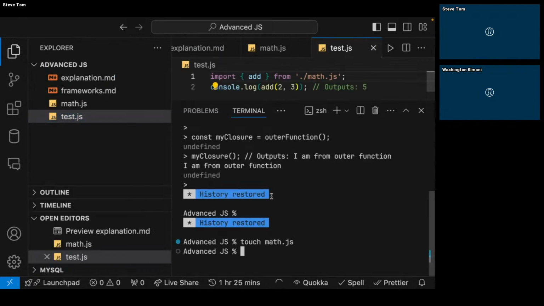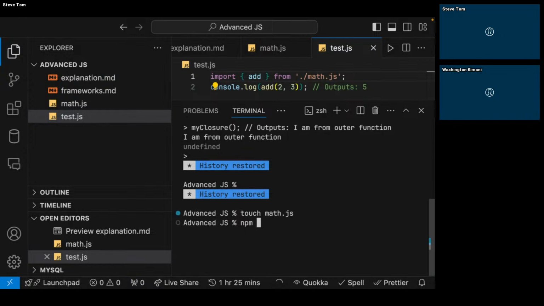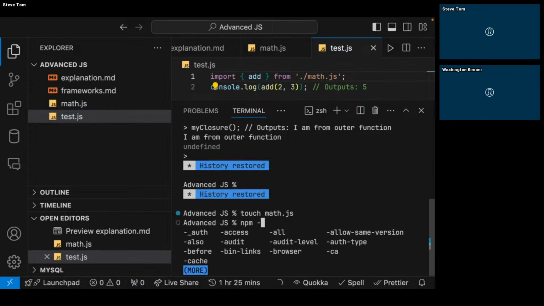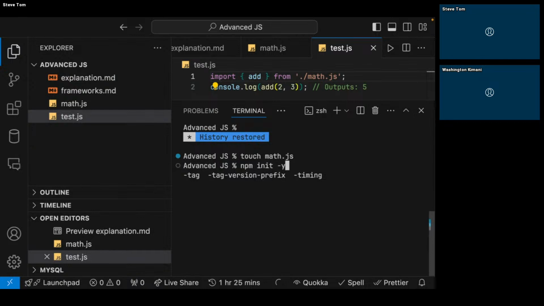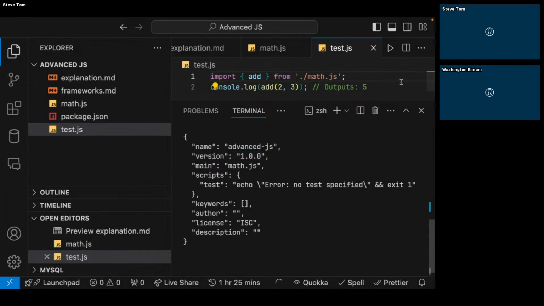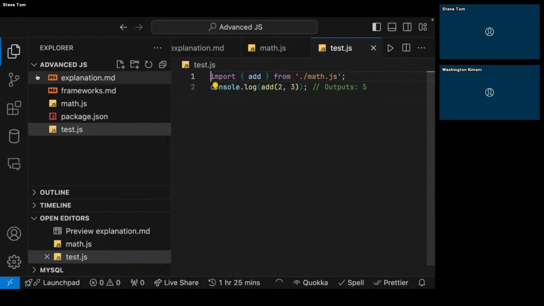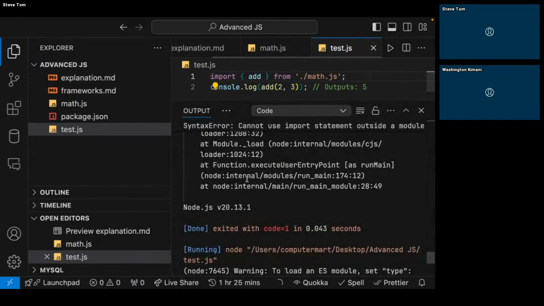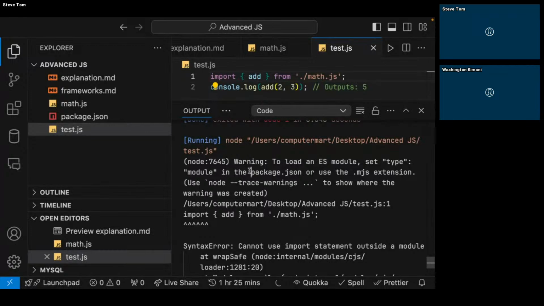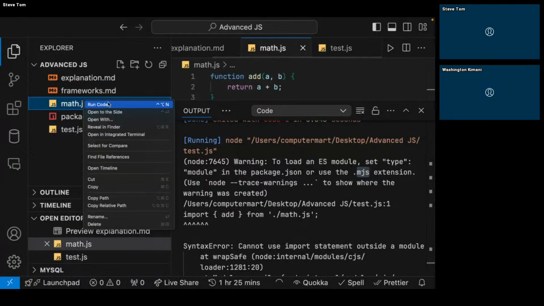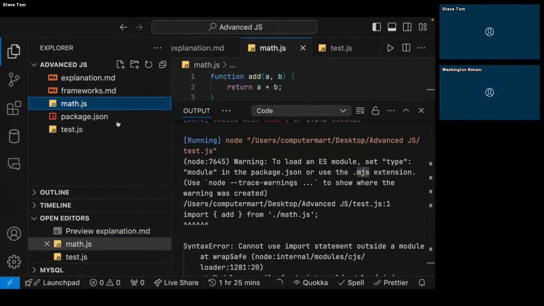I have to initialize this repository in this folder too, in the package.json, or use the .mjs extension. Okay, we'll just use that to avoid